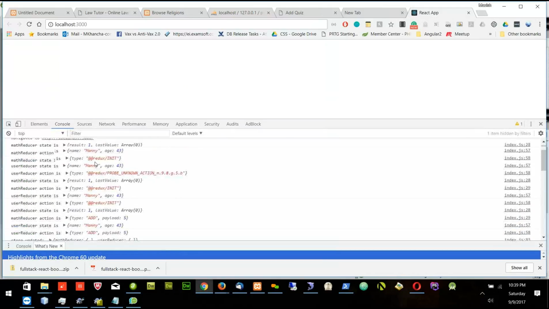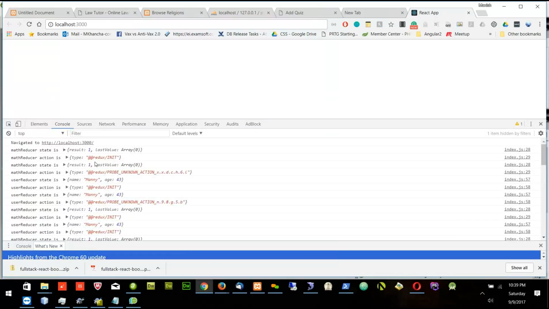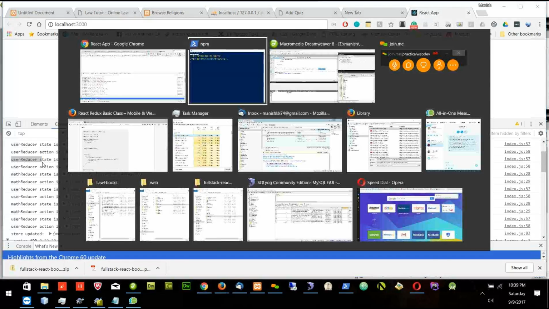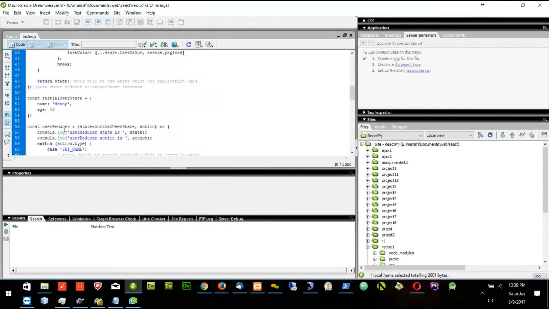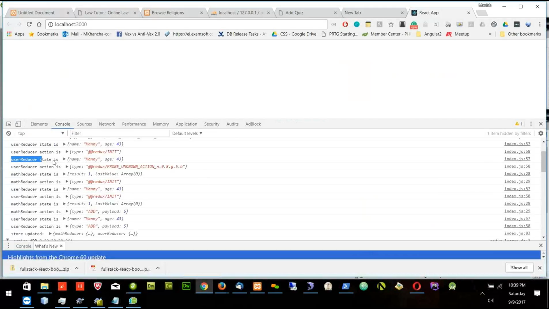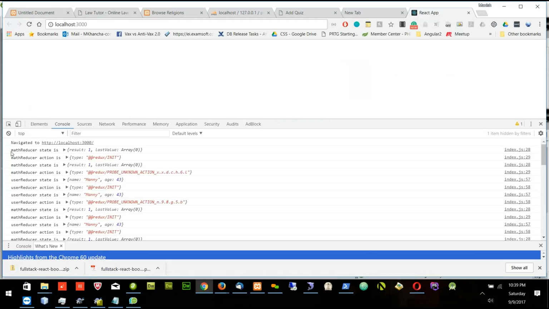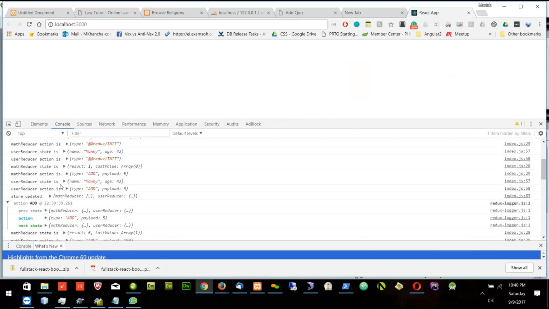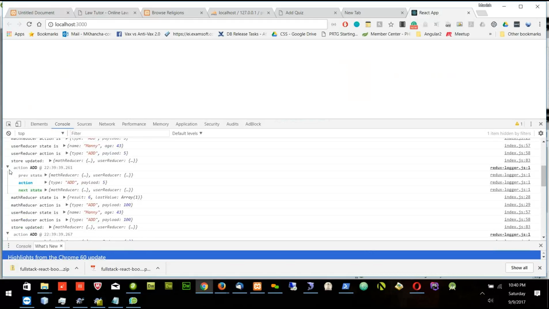So the middleware which we added is something I use in this one. This has nothing to do with the user reducer kind of thing which I created. So there's nothing in the middleware in this one. This is my statement. But if you see, whenever the state got changed, the middleware which I added, create logger, it shows some